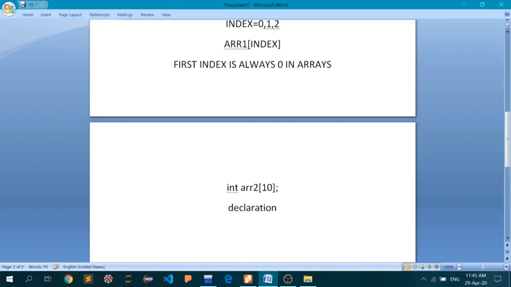At this point, an array of name ARR2 has been formed by the memory locations. 20 continuous memory locations are allocated to the array ARR2. Why 20? Because I'm using int, and one data point uses 2 bytes, so 20 bytes of memory locations have already been allocated, but what is inside those memory locations is not yet defined by me.